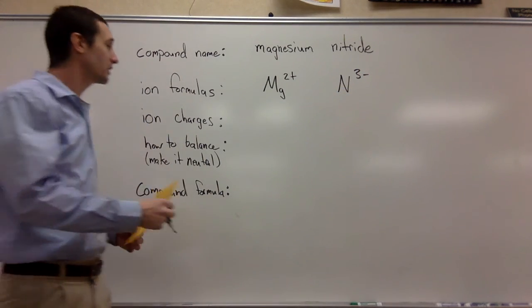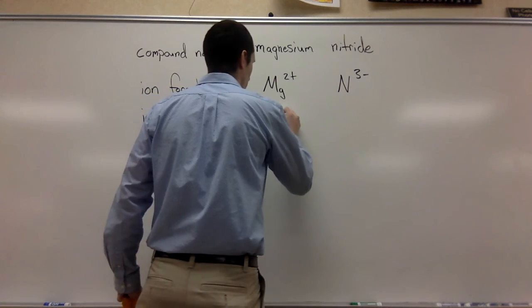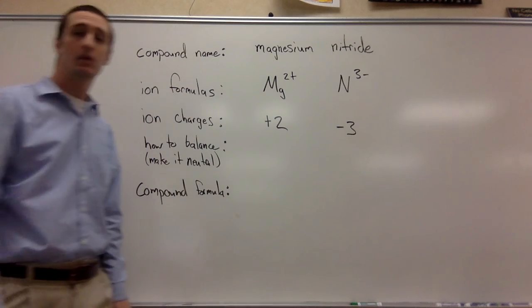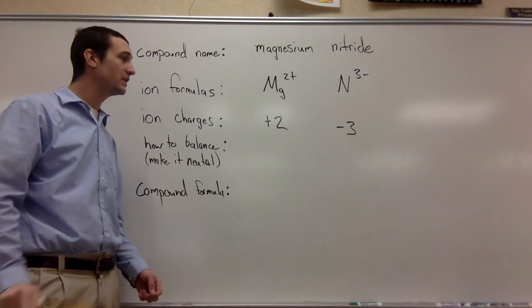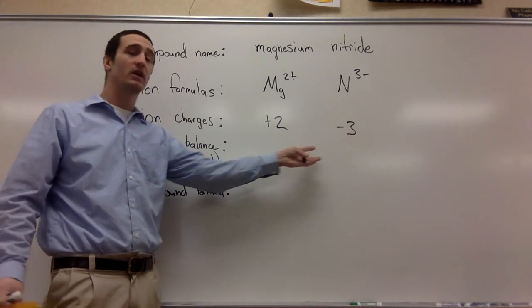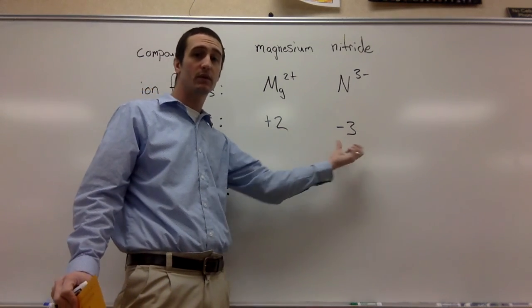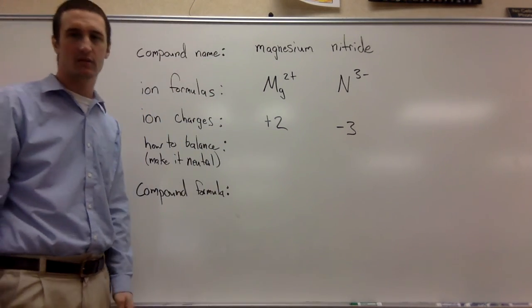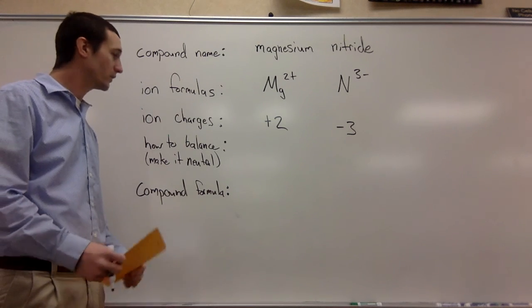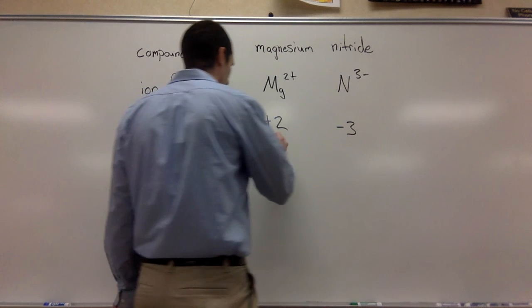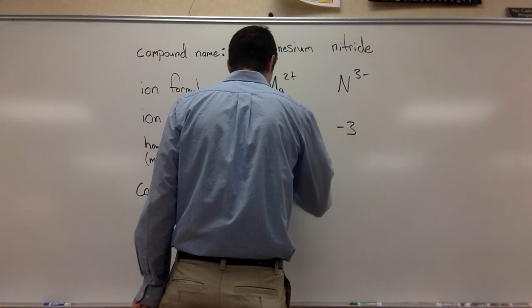And so the ion charges: this is a +2 ion, this is a -3 ion. And so, as we mentioned before, we need to make sure that this ends up being neutral. If you pair something that's +2 with something that's -3, it's not going to be neutral. And so you've got to find the multipliers to make it neutral. If we multiply these by